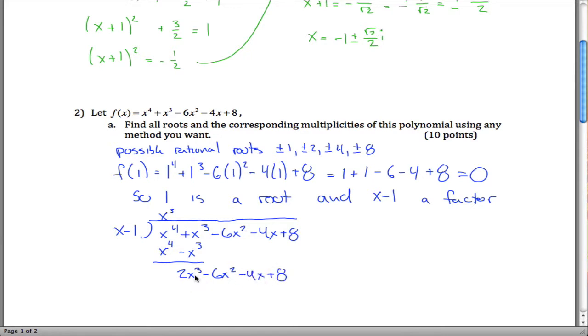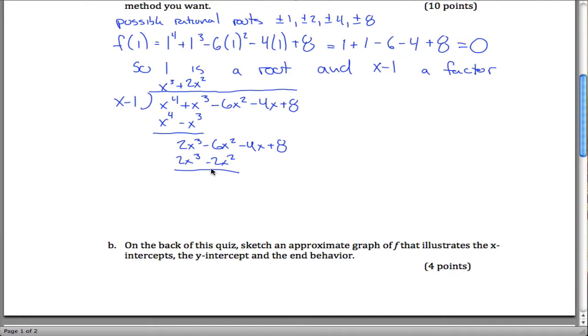Now I want to get rid of this 2x cubed. To do so, I'd have to put a 2x squared up here because 2x squared times x is 2x cubed. 2x squared times -1 is -2x squared. And I repeat, subtract. -6x squared minus -2x squared is the same as -6x squared plus 2x squared, which is